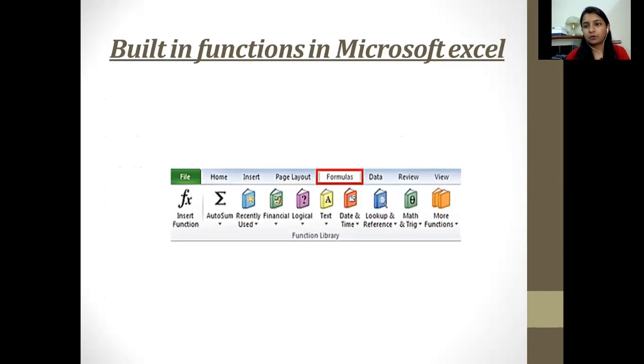Okay. So here's what you can observe in the picture. This is where we observe these built-in functions, which are subdivided into many categories. You can see the formula is shown in front of you. If you start the spreadsheet file, what you observe is a title bar which includes file, home, insert, page layout, formulas, data, review, and view. There is one option, that is formulas, which we are going to work on. And you can see a lot of options are available here.